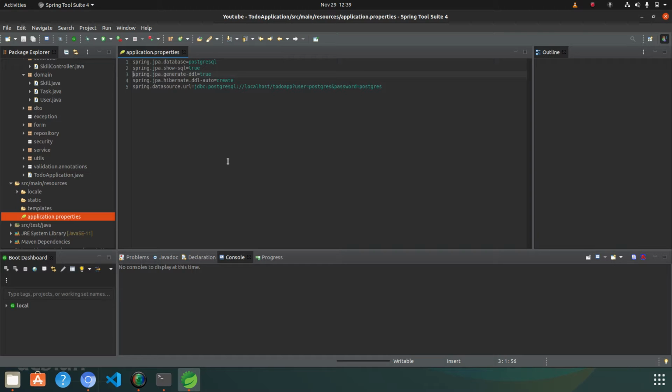spring.jpa.hibernate.ddl-auto to be create, it means whenever the application starts up, the app entities will be created as tables inside your database. If you use it as update, then only the columns get updated inside the database if the tables are already created. And create-drop is also an option here, which will first create the database, and whenever you close the application it will drop your database and tables.